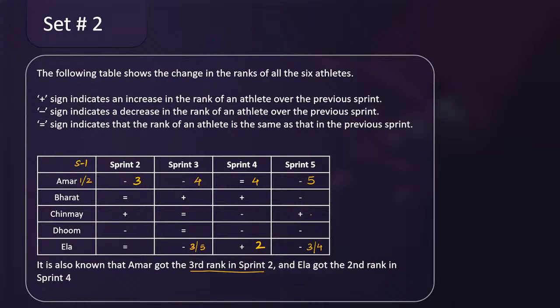Okay, Dhoom, because there are 3 negatives: 3, 3, 4, 5. Okay, सही है. So Dhoom, चलो अभी last hint मेरे को मिला है Dhoom से. So 3 negatives हैं. Since there are 3 negatives, that means there will be 3 times decrease in ranks, right? There will be 3 times decrease in rank.